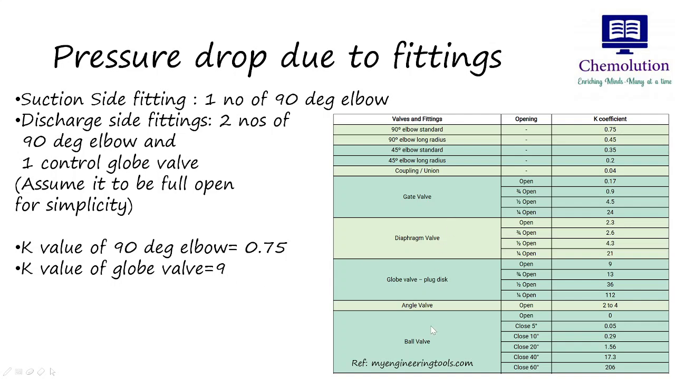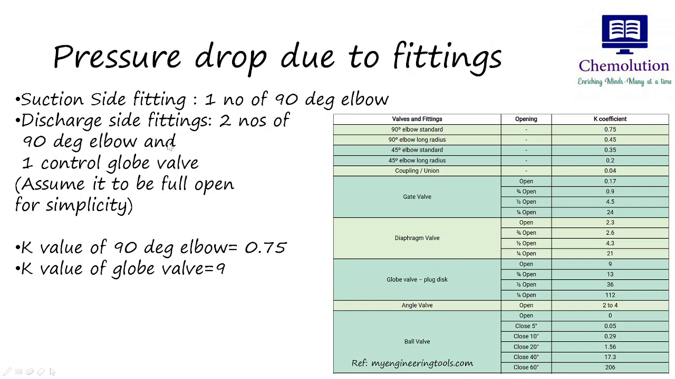So where is the globe valve? Here. So open globe valve we have considered it as 9. This is for a simplification purpose. We can consider it as partially open or based on process conditions. If it is kind of a globe valve with a control loop, then it can remain partially closed also. But for simplification, we have considered it as full open, and the K value for elbow is 0.75